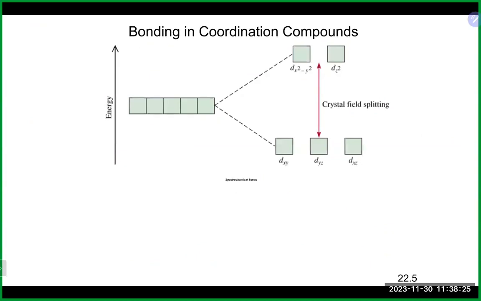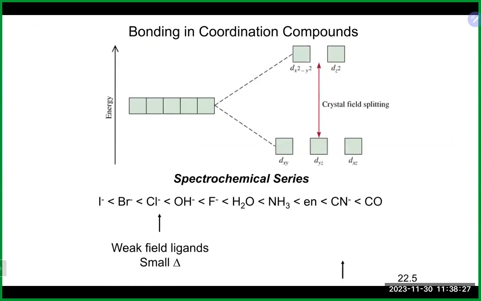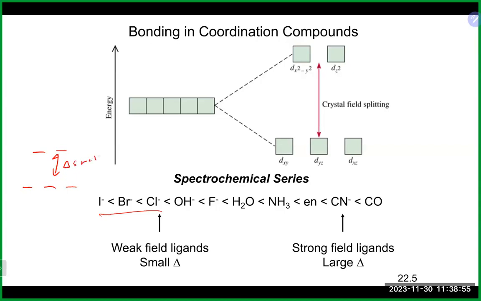All right, so this is what we were looking at. How do we know if we're going to get a big split or a smaller separation of those d orbitals? There's a spectrochemical series which helps us make that decision. On this side over here, these are considered weak field ligands, which means that the separation between the lower d orbitals and those higher d orbitals is going to be relatively small. And that means that